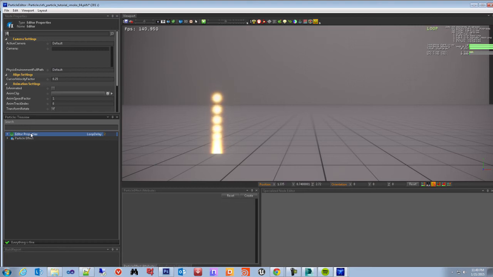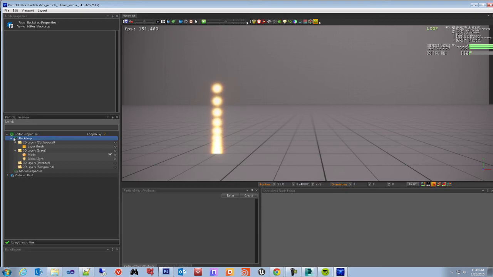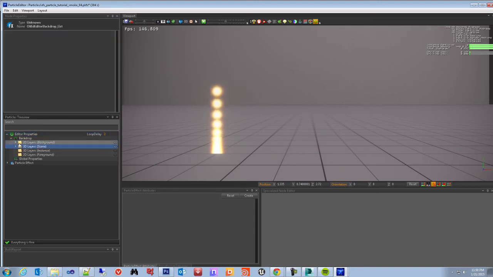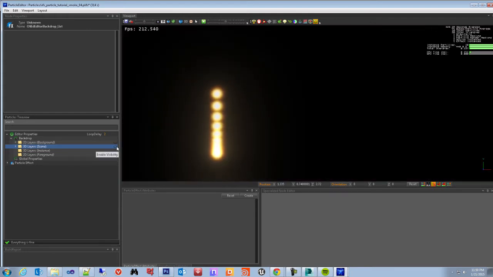When selected, this one displays in the node properties panel the configuration of the effects editor for this effect, right? Then we have the backdrop, and this one displays the list of the backdrops available. Right now, as you can see, we have 2D layer background and 3D layer scene. And if I click on the eye right here, and this one here too, then we're hiding